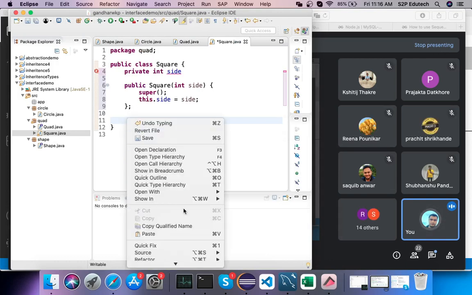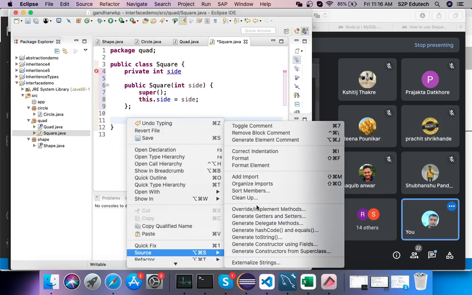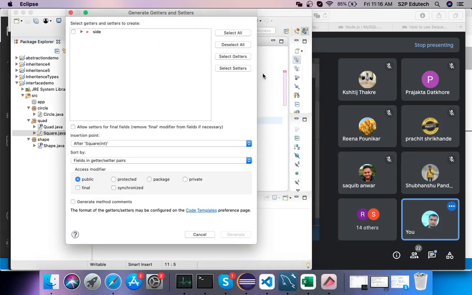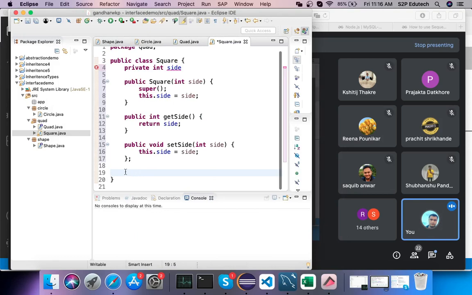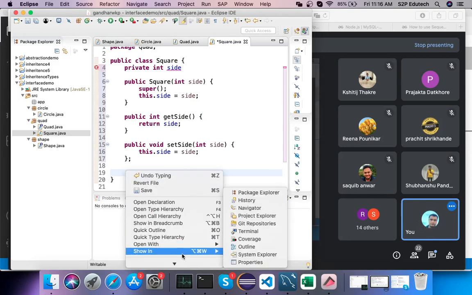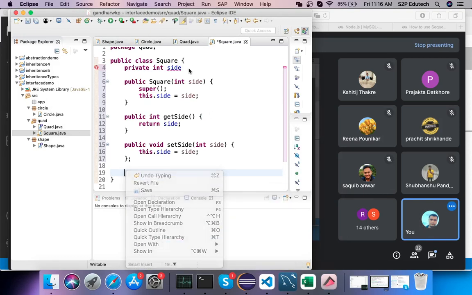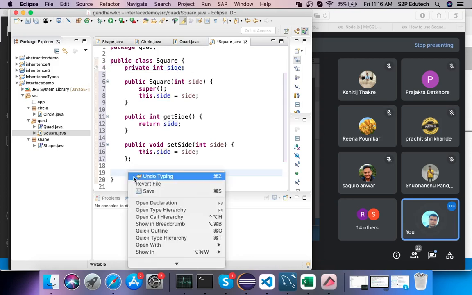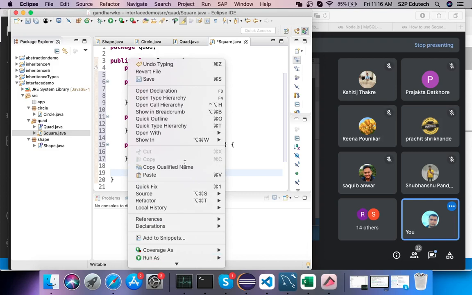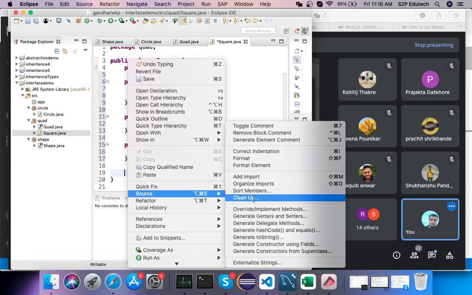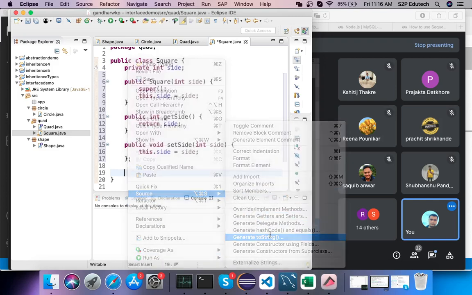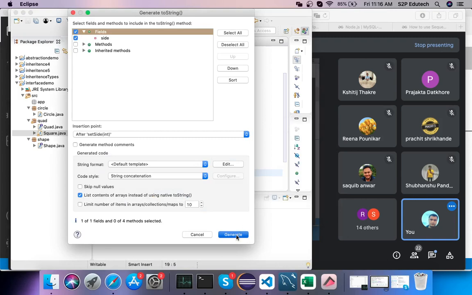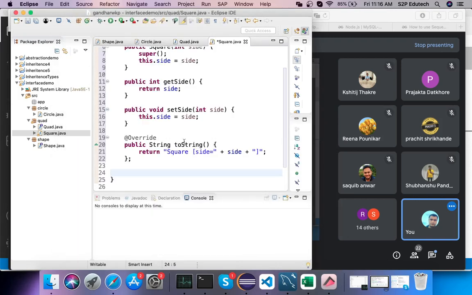Then next I'll create getters and setters, and next I'll create a toString method. Right, so that is what I have.